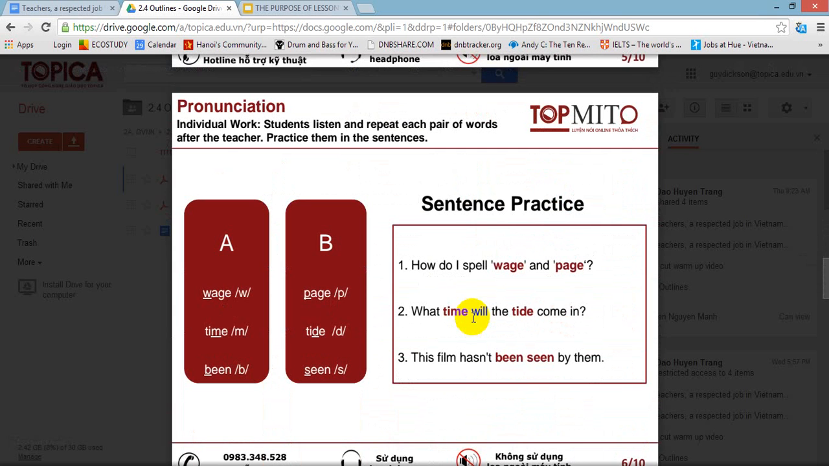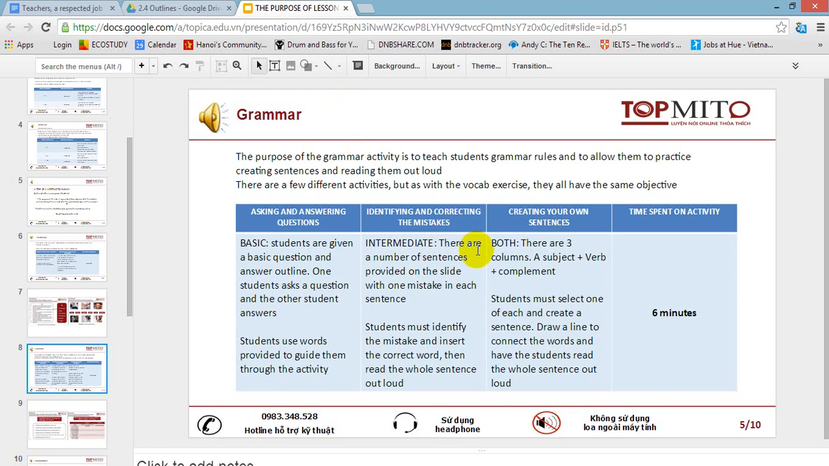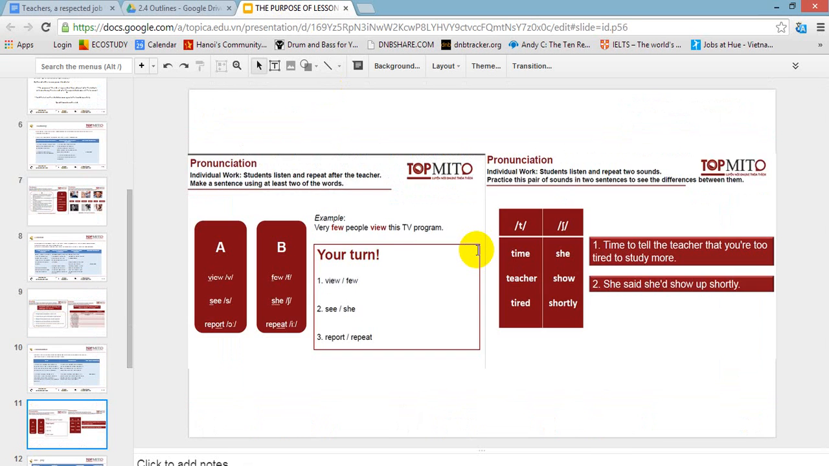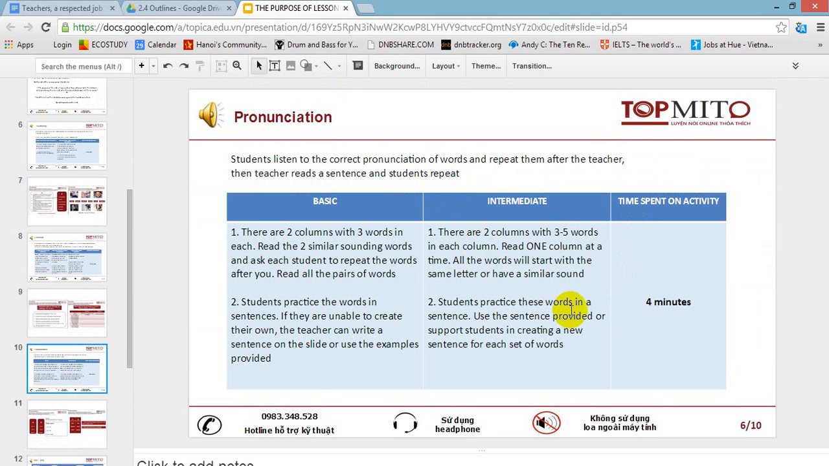Okay, the next slide is the pronunciation slide, and here we want to read out all of the words in box A and B, and then get the students to practice this. So practicing their pronunciation and then practicing these new words in some sentences on the right. So here we want to try and spend about 4 minutes on this, and the basic and the intermediate are